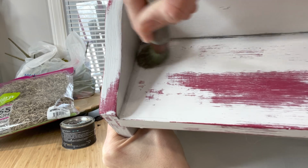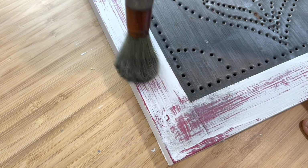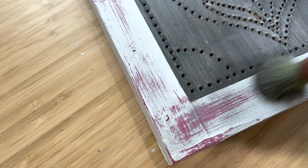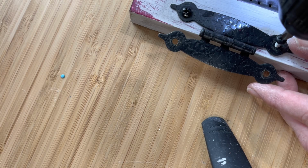Since I used the black wax over the clear wax, it gives me a little more time to play and move the black wax around. If I went straight black wax over the white paint, it would have soaked in way too fast and made a grungy, dirty look. Once everything was dry, I put the hardware back on, and I love the way this